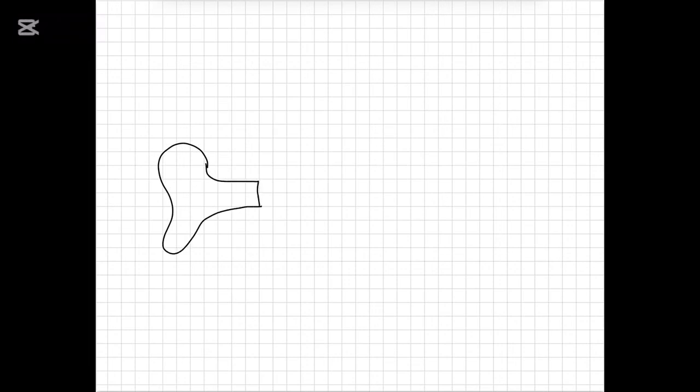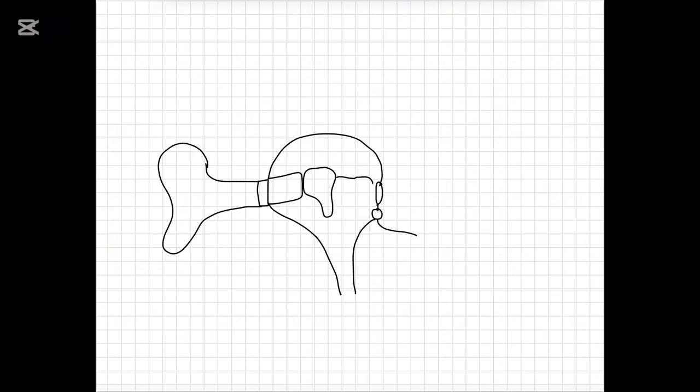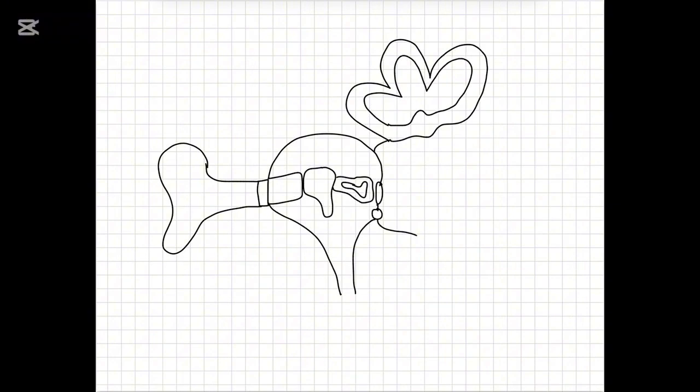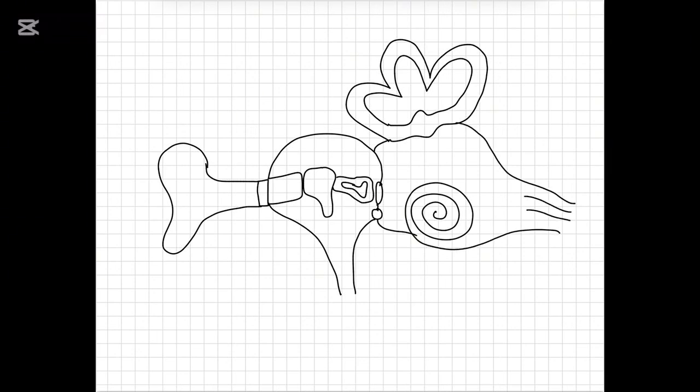Today we are doing the human ear. So we'll start by drawing it. I think you can pause and play the video as we draw the ear together. So now that we're done drawing the ear,